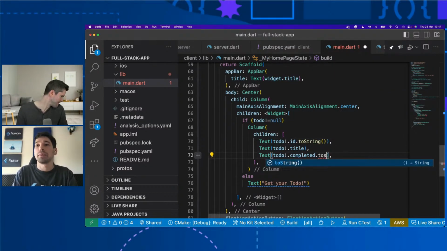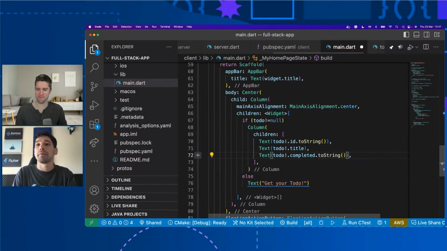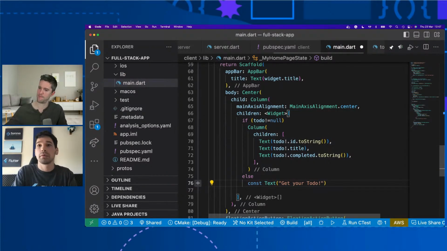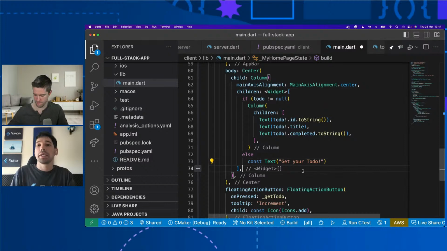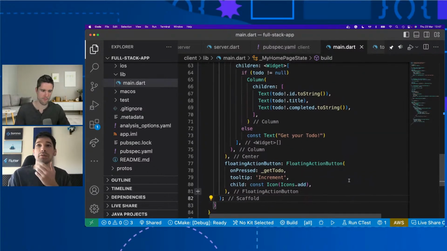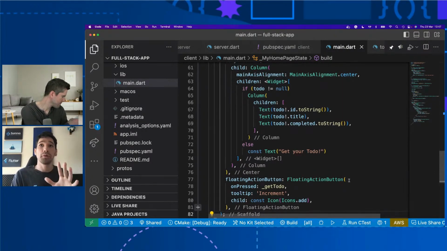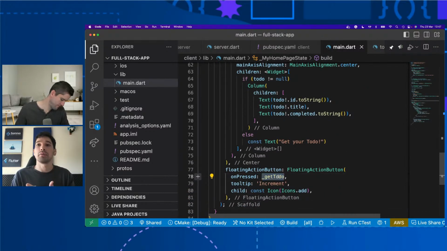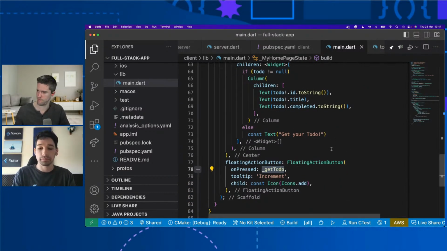And this as well, this will be a boolean, so perfect. I think this is complaining about the const. Perfect. Okay, so basically, if everything works, we will be able to see actually the to-do in our Flutter app only after we click on the get to-do button. Okay,